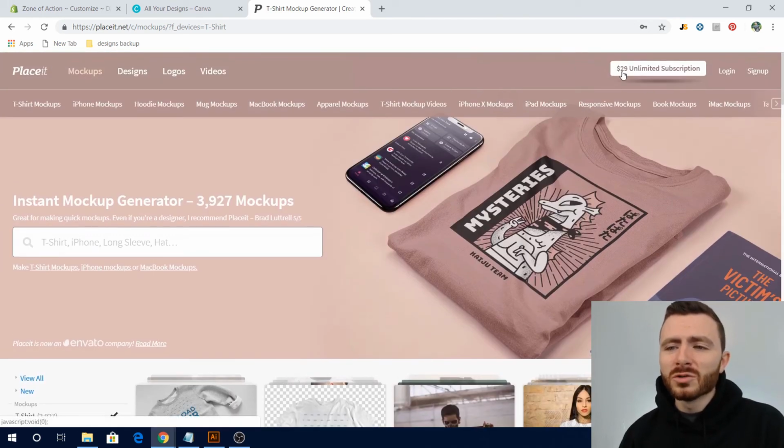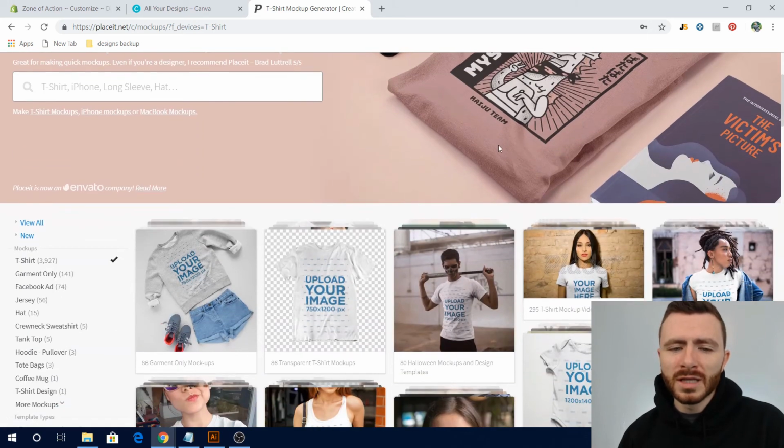Now they do a $29 unlimited subscription. For $29 a month, I believe you have to sign up for 3 months minimum, so basically $90. But for those 3 months, you get an unlimited amount of downloads, so you can download and use as many of these assets as you want. And I think that, if you have the money, it's probably the